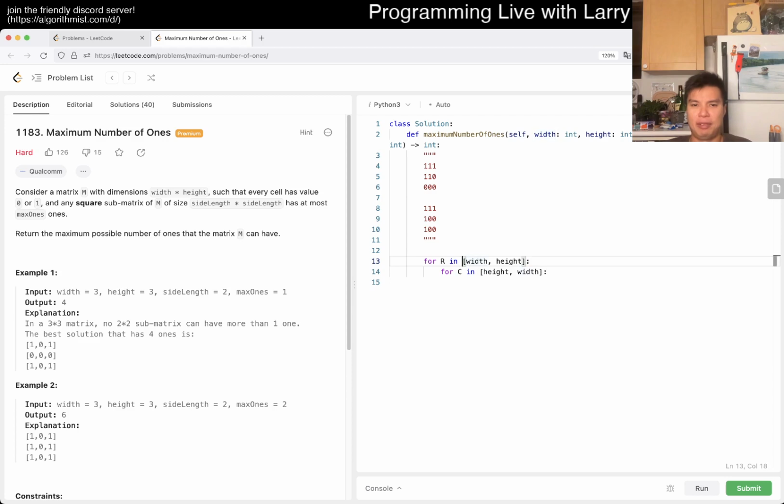Actually, I kind of did this wrong. I mean, if they divide evenly, this is fine. If they don't,